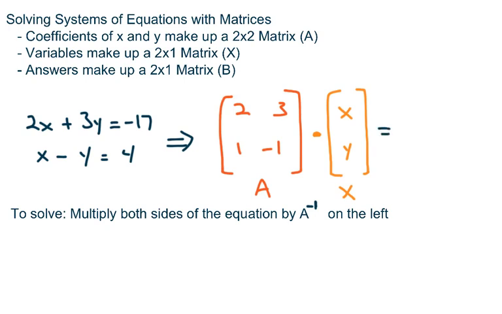So this is equal to a 2 by 1 matrix. We'll do this in blue. The 2 by 1 matrix this time is negative 17 and 4. Okay, this is matrix B. So how this works, how we're going to solve this equation, how we're going to solve for x and y,